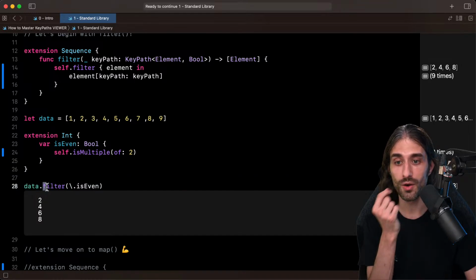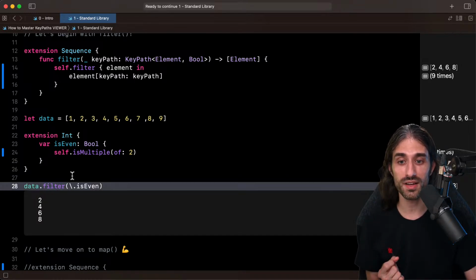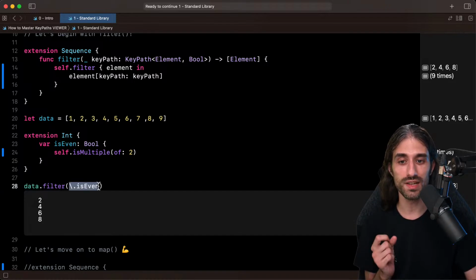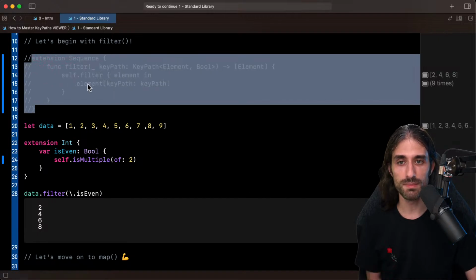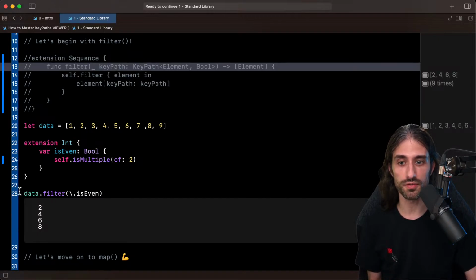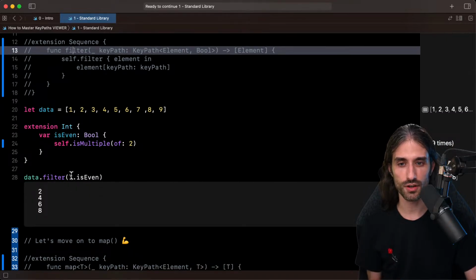And there is a reason why the color was purple. It's because Swift is actually able to automatically turn a literal key path into a getter function. So actually, you don't even need to implement this overload of filter. This syntax right here works out of the box in Swift.